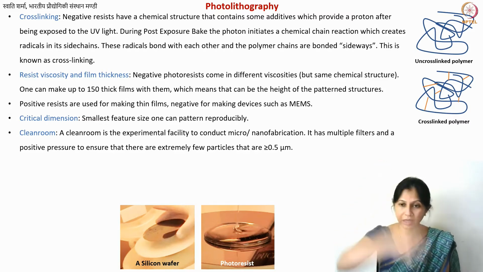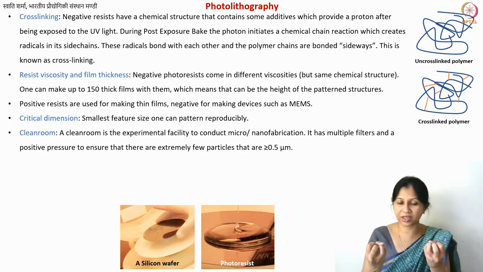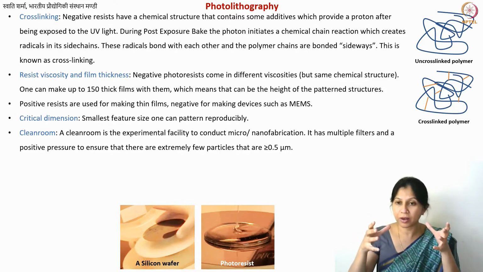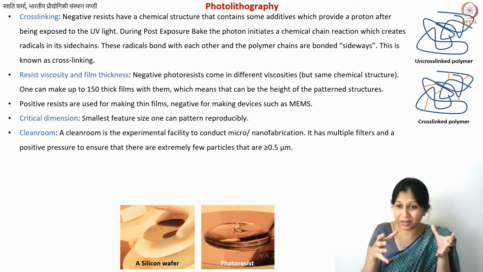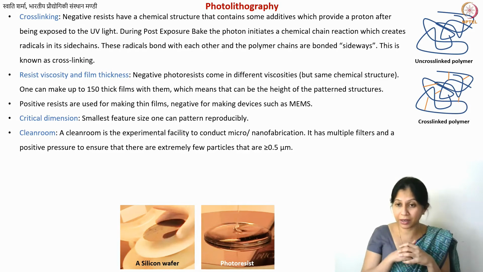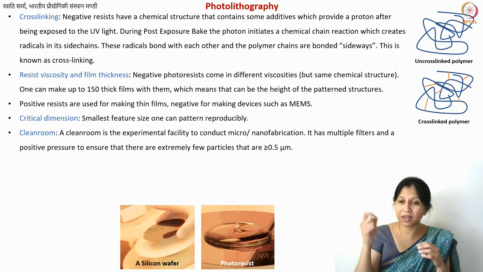If that one particle drops onto your resist, or your resist somehow catches it, it will look like a big mountain on that little structure, because your overall structure is pretty much the same size as that dust particle. So you want to ensure that particles bigger than 0.5 micrometer are absent in that room. This is a very small dimension.